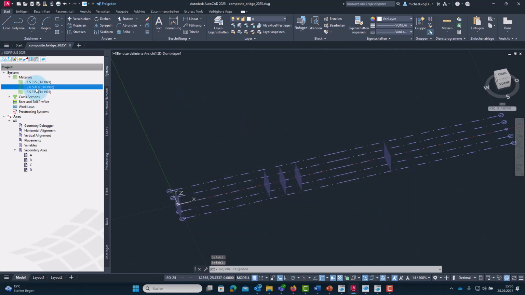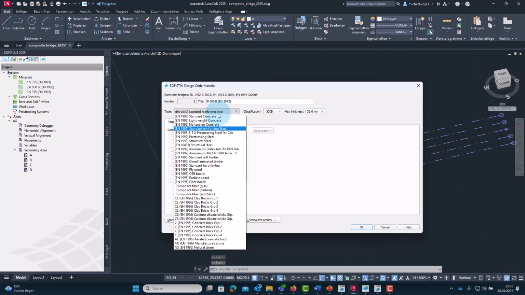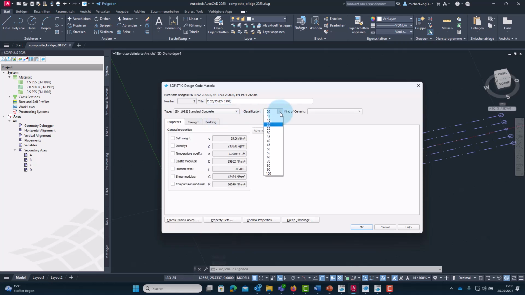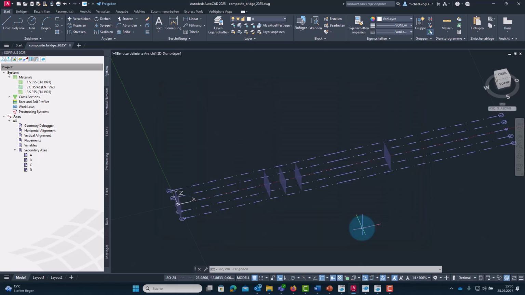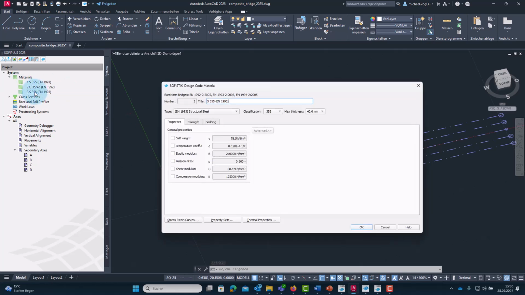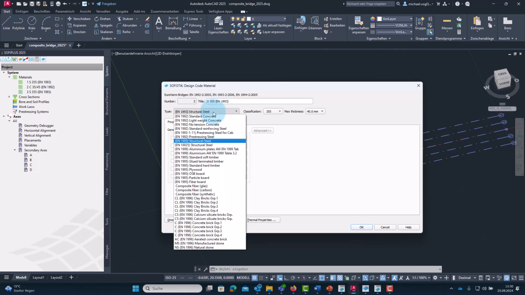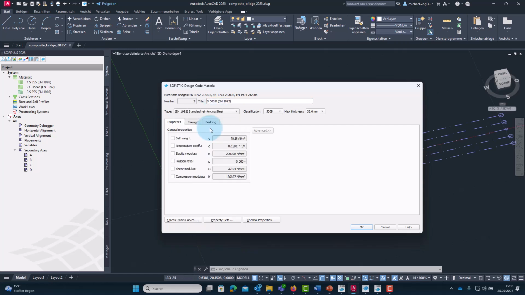Change the second material to standard concrete of type 35, and the third material to reinforcing steel of type B500B.